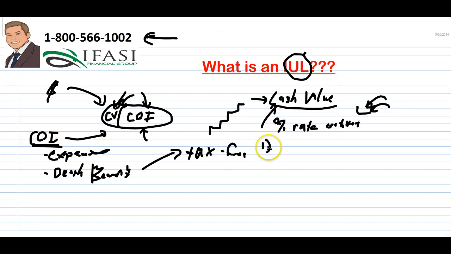The first is this cash value grows, so this is the amount of money that's placed in there plus the percentage rate that is gained. It grows on a tax favorable basis, meaning anytime that you have an interest credit in that account, you will be seeing a gain within that account, but you're not going to be receiving a 1099 like majority of mutual funds out there, or like a bank CD or a savings account. Every year that you see a gain into that account, you get a 1099 where you have to pay taxes on this. So this is going to grow very tax favorable.